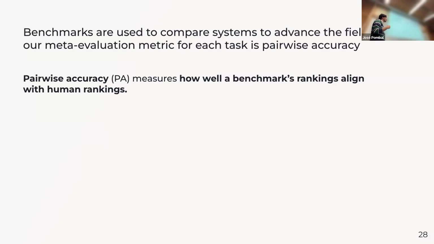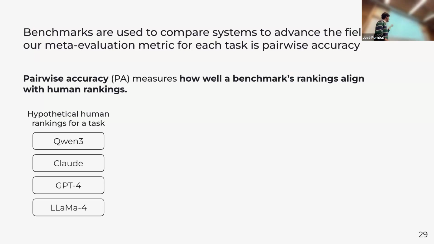And the metric we use is system pairwise accuracy, where essentially the way we measure whether a benchmark is good is by taking a bunch of systems, a bunch of large language models, and checking some human rankings for that task. So let's say, for example, in translation, we have human rankings for many systems. And we say that a benchmark is good when the rankings that the benchmark predicts are similar to the rankings given to us by humans, okay? And we measure this with pairwise accuracy, which is a form of Kendall-Tau correlation. So it's just a ranking correlation.